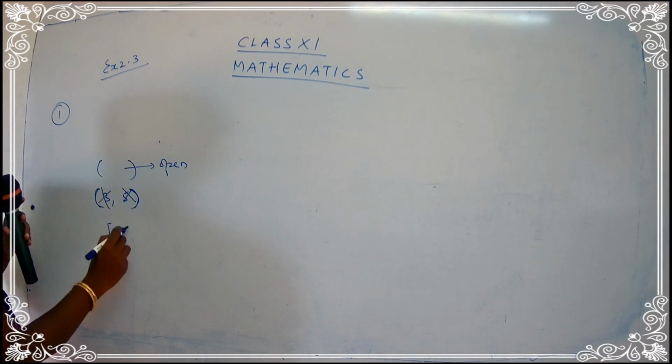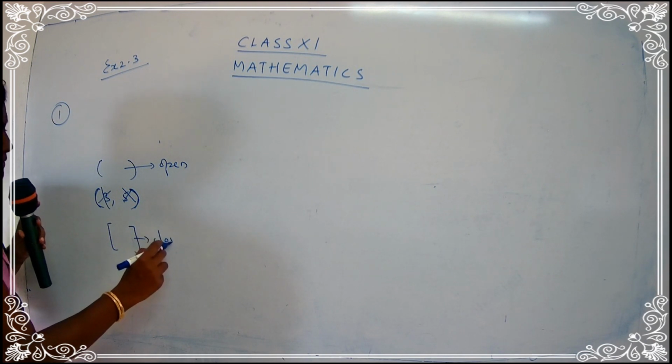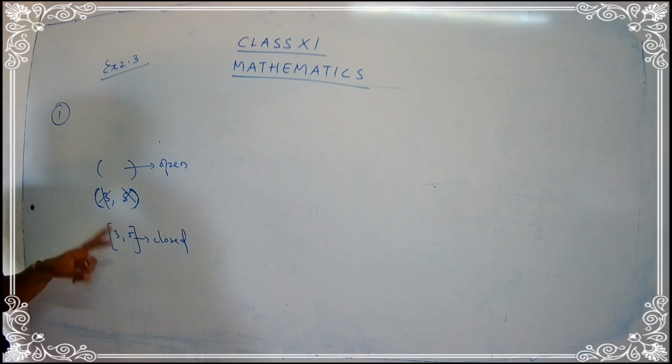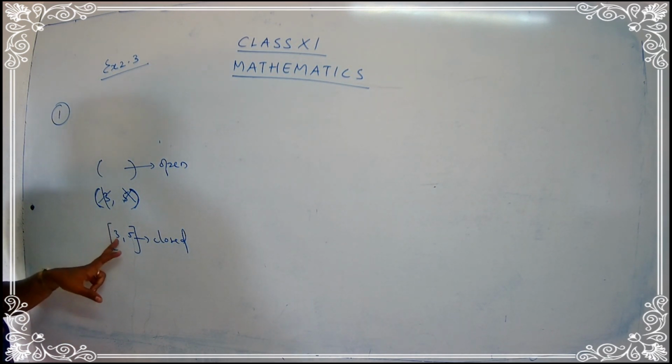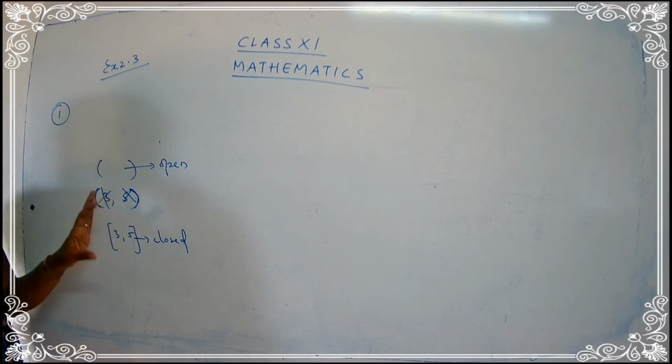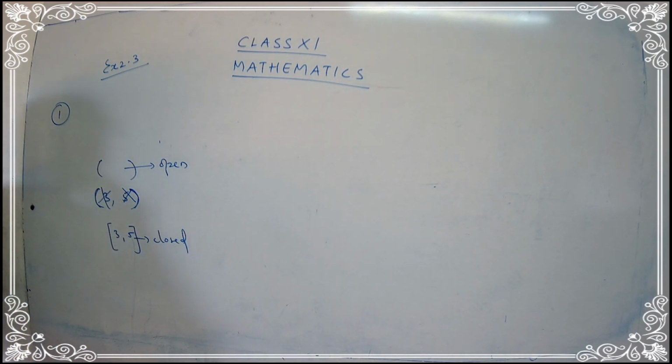Similarly, when you go for a closed interval, this means you have to consider both the numbers. So you have to consider 3, plus you have to consider the number 5, and also you have to take the numbers present between 3 and 5. So this is what a closed interval is. So we are going to represent the following inequality. You have been given inequalities and we are going to try to write the inequalities in interval notation. Let's start with the sum, children.